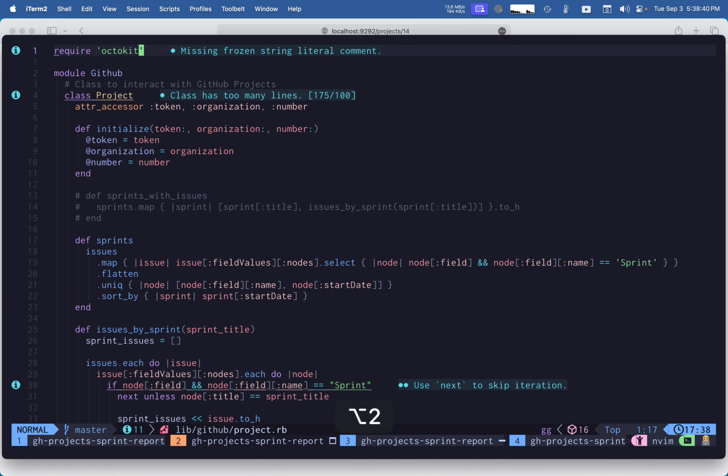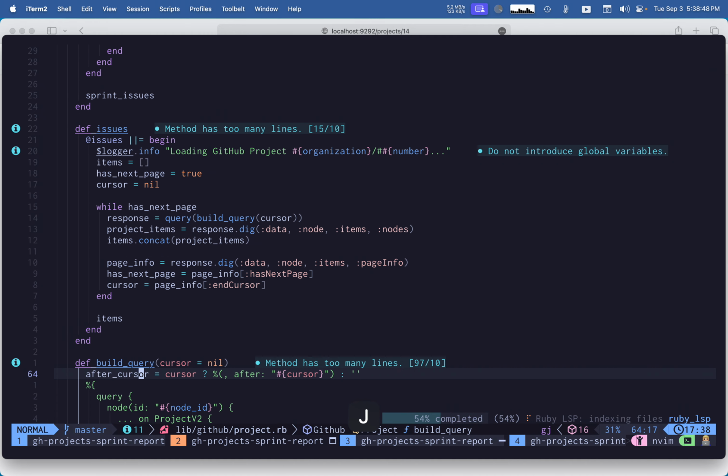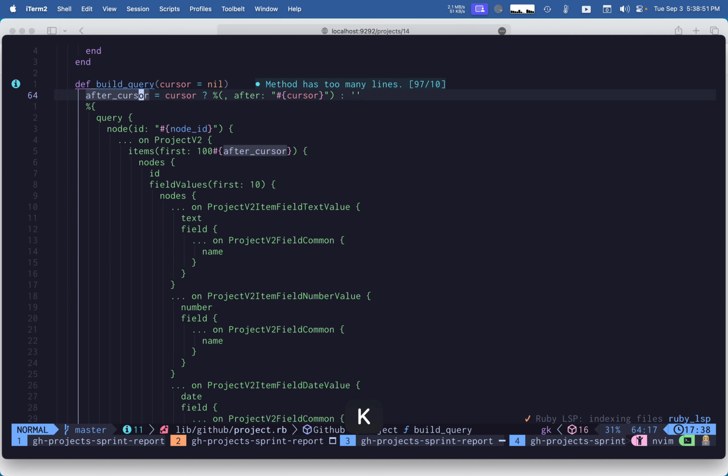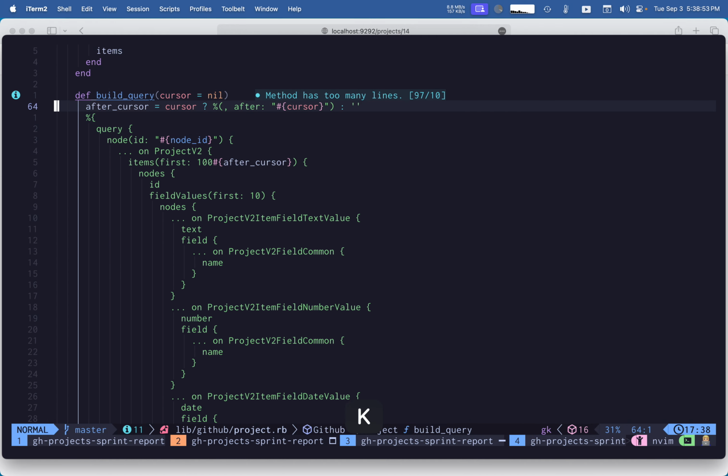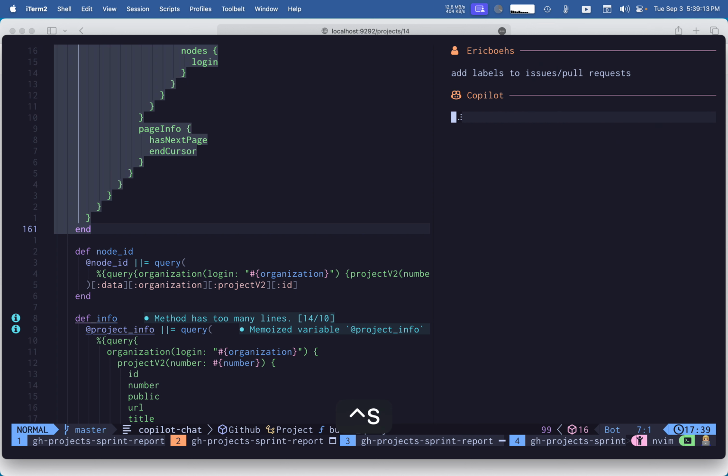Add that to CSV report. So there's a GitHub project class which does the retrieval against the GraphQL API. Here's where the query is built. So I'm just going to highlight this query and then hit leader AA to bring up my Copilot chat and ask it to add labels to issues and pull requests, because those are the two. Actually, I pull back draft issues as well. I don't believe draft issues can have labels. So